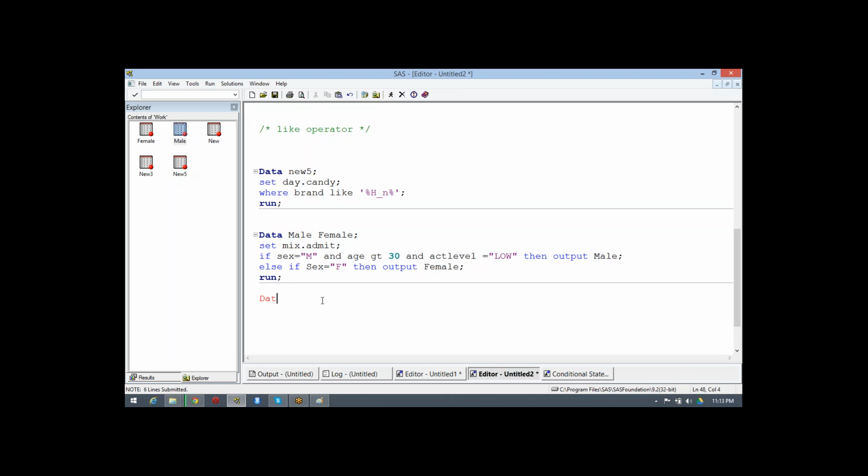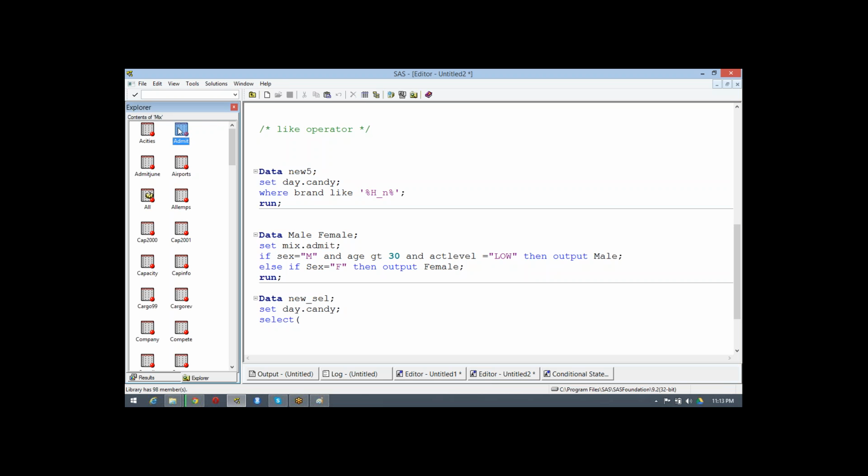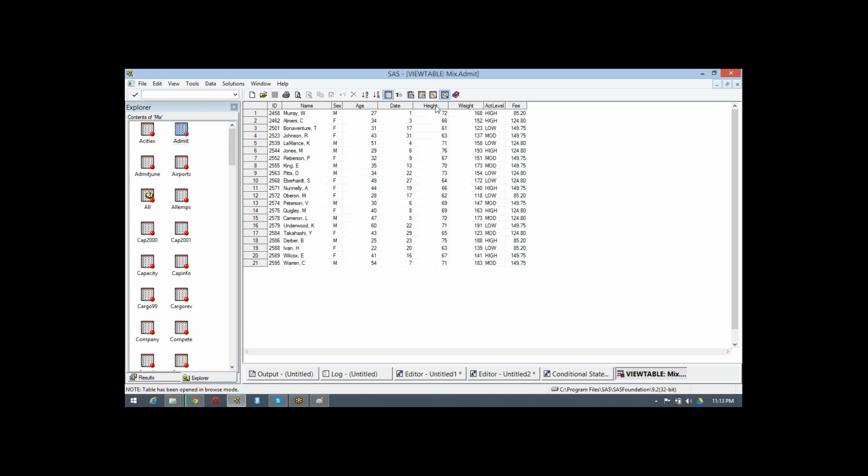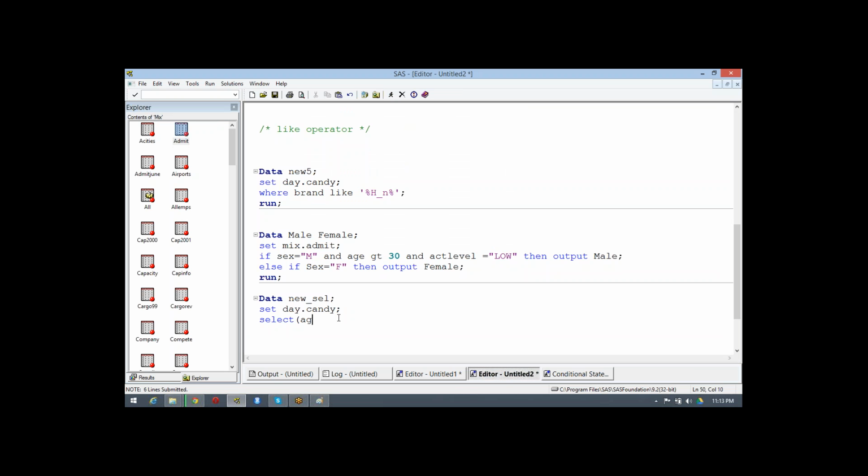When we say data new underscore SEL, set d dot, you can use it for select age. Let's suppose I'm going to work on this particular age column itself. So we say age.